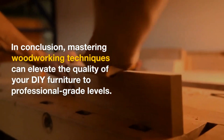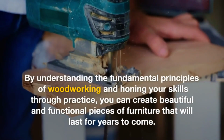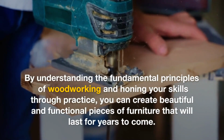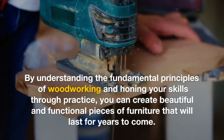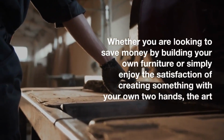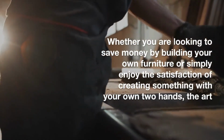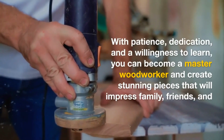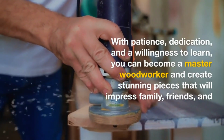8. Maintaining your finished pieces. One crucial aspect of mastering woodworking techniques is learning how to properly maintain your finished pieces. Regardless of the level of craftsmanship, all wooden furniture and creations require routine maintenance to stay in good condition, such as regular cleaning. Polishing and waxing are just a few examples of the necessary steps to keep your